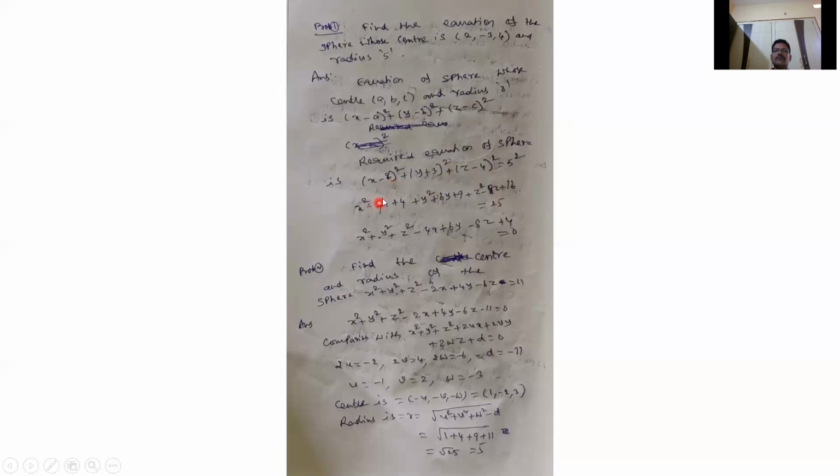(a − b)² is a² − 2ab + b². So x² − 2·x·2, that is −4x, plus 2², which is 4. Then y² plus 2ab, that is 6y, plus b², which is 9. And (z − c)²: z² minus 2ab, that is −8z, plus 16, is equal to 5², which is 25. So this can be written as